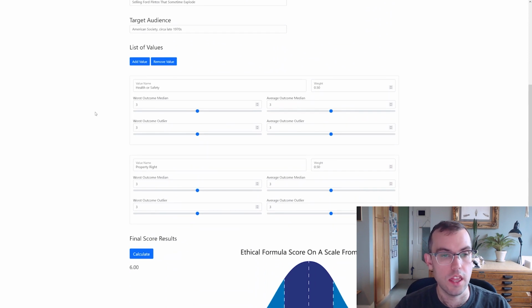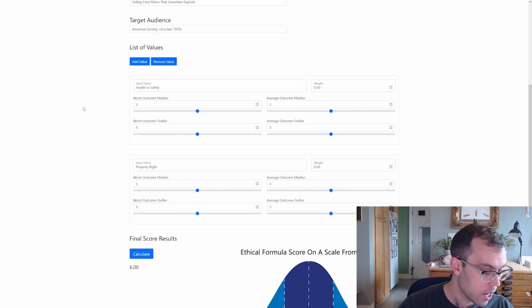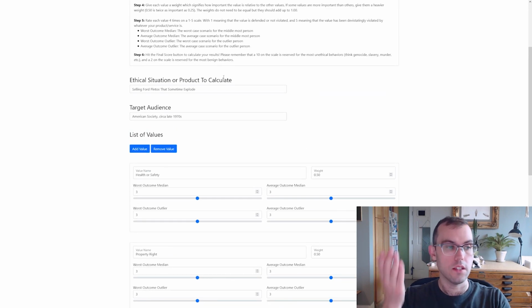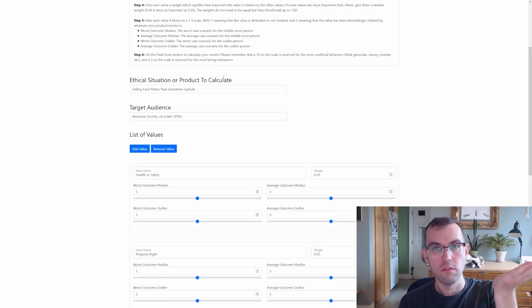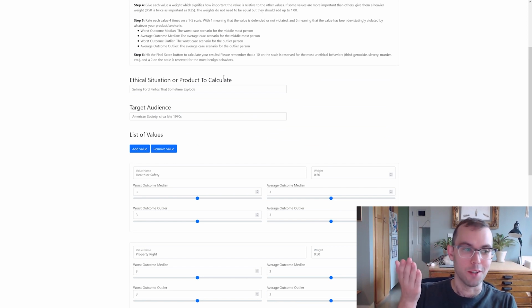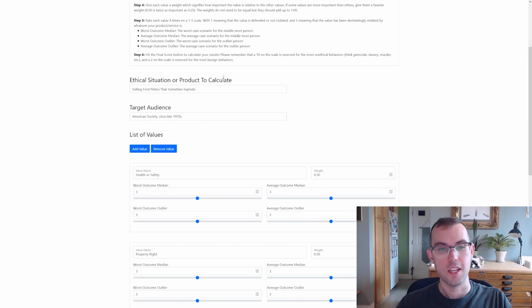I can think of, are there any other values that I think are very important in this situation? Let's just leave it at 2, and we'll maybe move on from there. Obviously, I could add a lot more, but there's that balancing test of, well, I'd like to do it more accurately and I'd like to do it quicker. So that's sort of the balancing test you have to have.